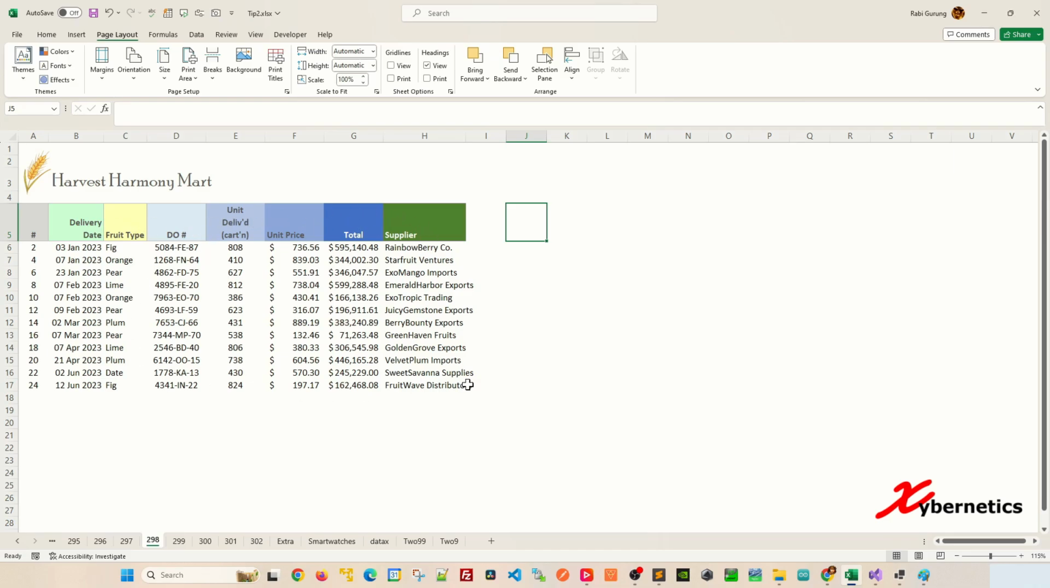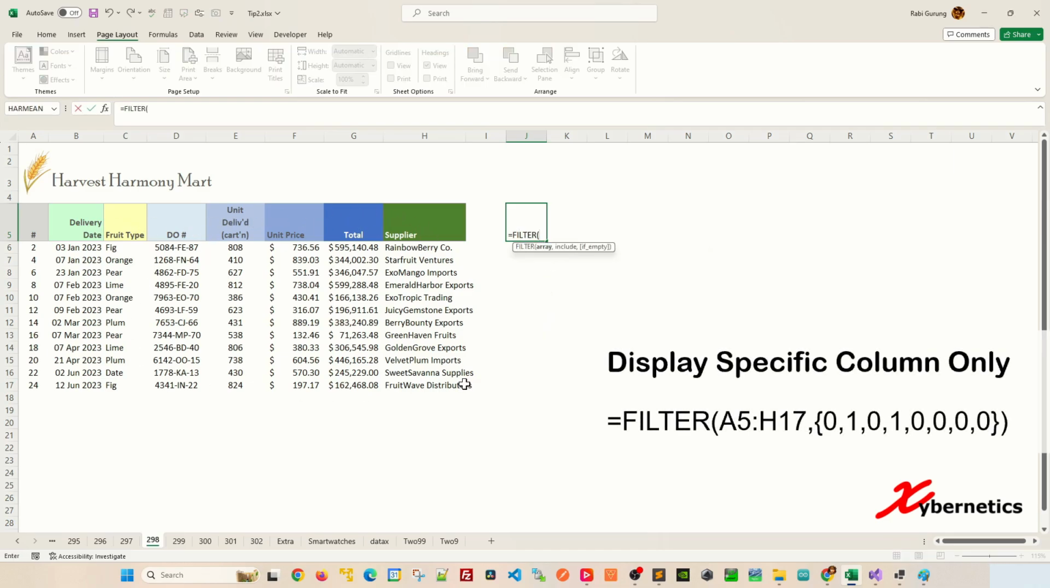For a simple dataset, you can simply type filter, open parenthesis, and select the dataset completely, including the header, comma, and then the second argument is where you specify which columns you want to see. Open curly braces. Let's say I want to only display delivery date and delivery number. If you don't want to see serial number, just say 0, do not show or hide, comma, you want to show the delivery date, 1, comma, you want to hide the fruit, 0, comma, you want to show